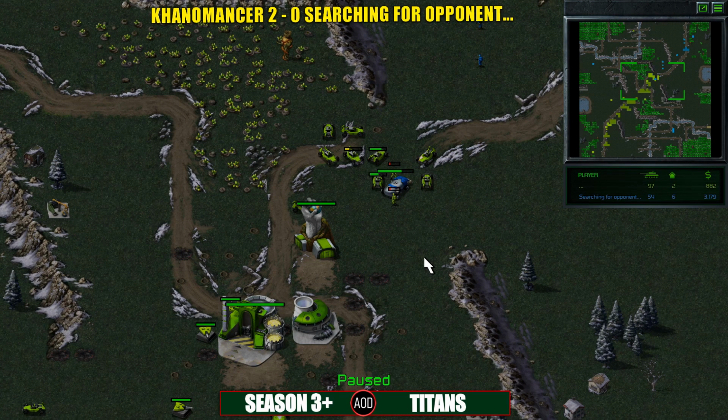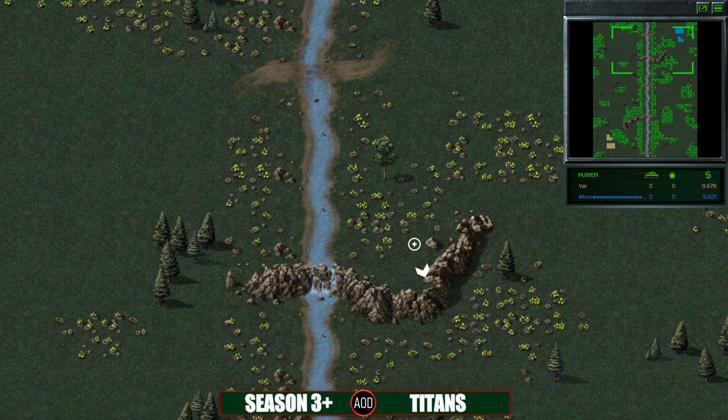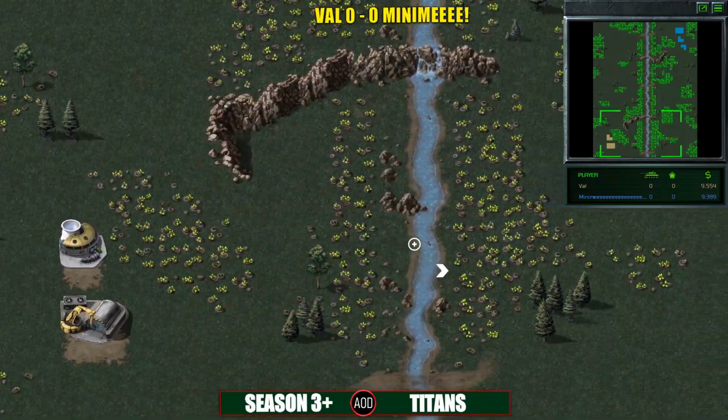GG, guys. Khanomancer is going to move forward to the winner's bracket, and Searching for Opponent is not out of the tournament yet. There is a loser's bracket, so he can go into there and fight his way back into this. So Khanomancer moves forward to round 2 to go against Bronze Panic, and we will check out the next game. We are in round 1, and this is a best of 3 on the One Pass map from Season